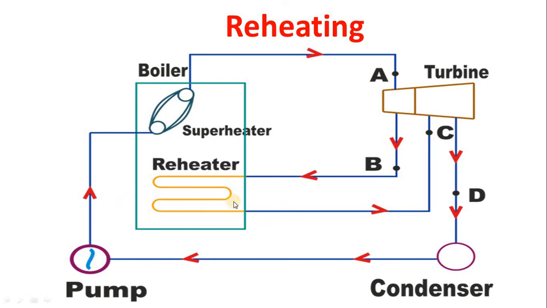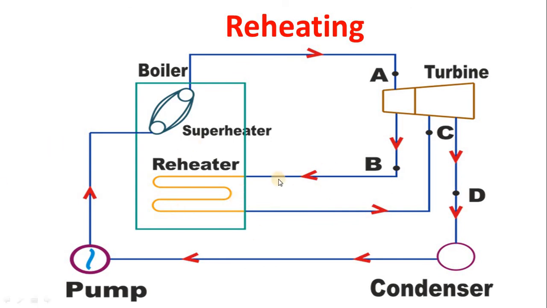Here, the steam leaving the boiler first enters the first stage of the steam turbine, where it expands, the shaft rotates, and at the end we get mechanical energy. Finally, all the steam from the first stage is bled out and moves to the passage of the reheater, and that reheater acquires heat from the flue gases. There is no separate heating media or external electricity for the operation of the reheater. The reheater works because of the flue gases only.